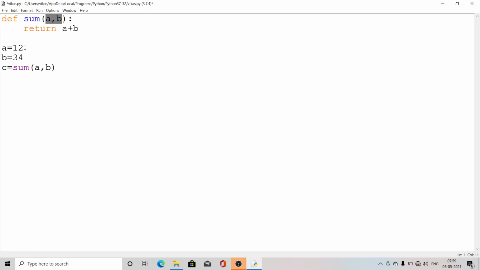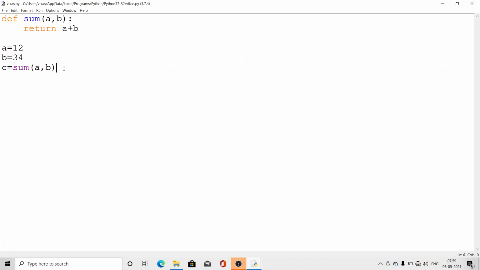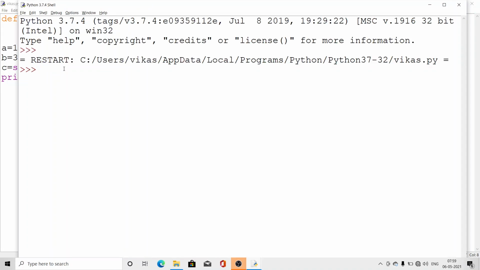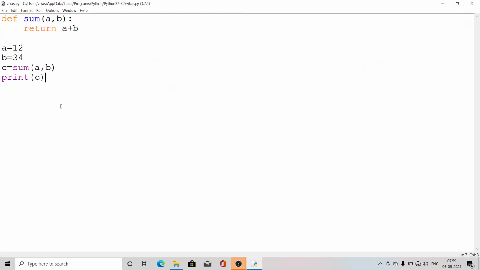Now I will show the output. Oh, the output will not display here because I hold the value in c, but I have not displayed c. Now the output will come. Look here, 46. Now the second way: if the function is returning some value and we want it to display, then we have two ways.